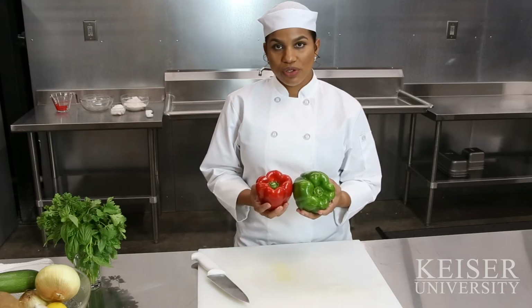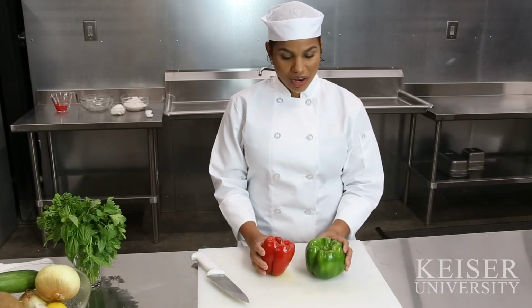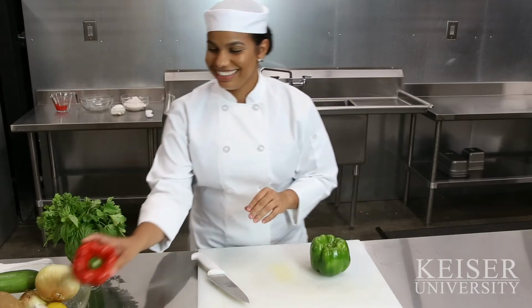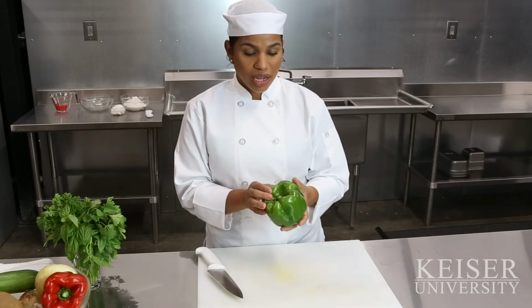These are bell peppers. Bell peppers are packed with antioxidants, vitamin C, and dietary fiber. I'm gonna use the green pepper in this case, but my favorite is the red pepper. First, I want to make sure that my pepper is nice and clean, so it's washed, and now I'm going